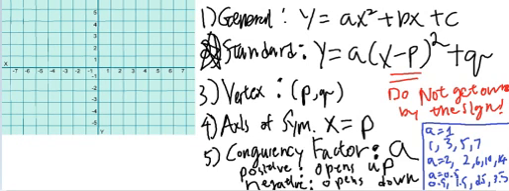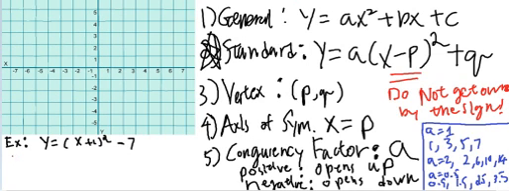Alright. I know I just threw a lot of stuff at you guys, and you probably don't even know what they're for. So, let's look at an example of a bitchy girlfriend. y equals x plus 1 squared minus 7. Okay, let me do another color. Purple. Okay, I like purple.